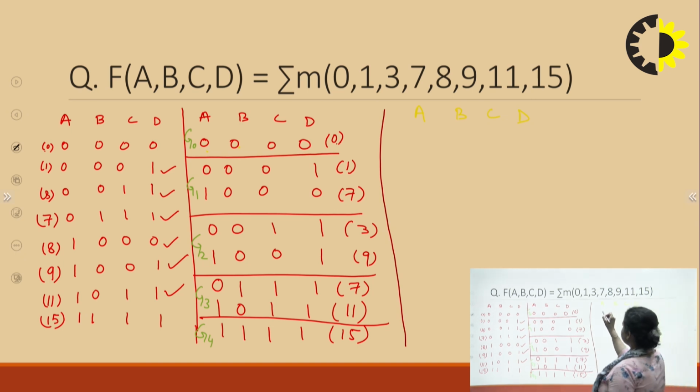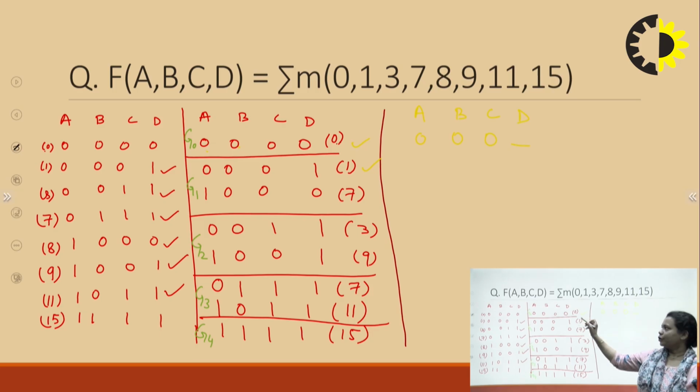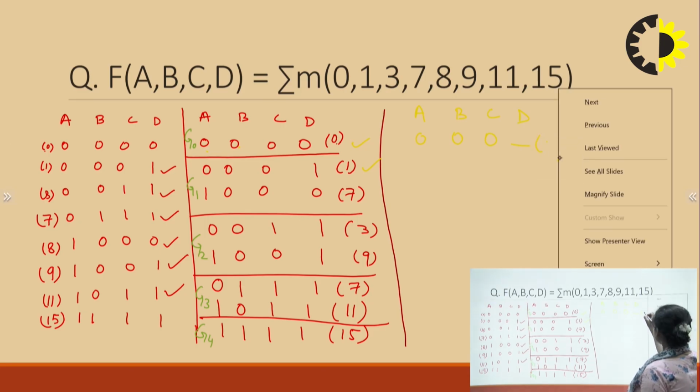So what we will be doing is 0, 0, 0, and we are putting dash in place of these differences, right? So we have compared, so you just put tick. Do not forget to put tick. You have compared these two minterms, so just put tick on it, right? So next, here I will be writing the number of minterms. So I will be pairing, or basically writing it,